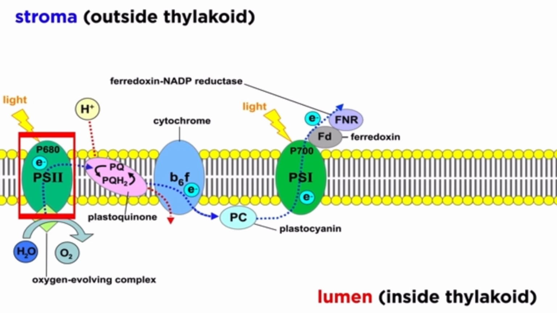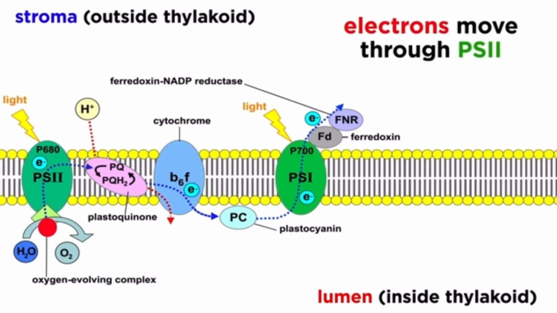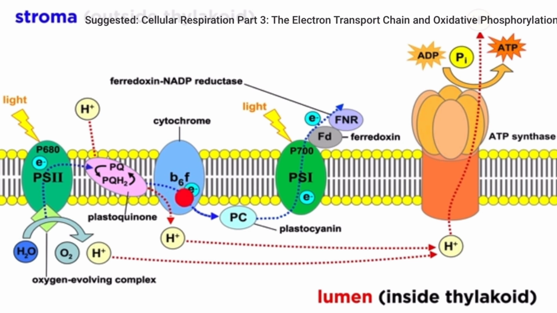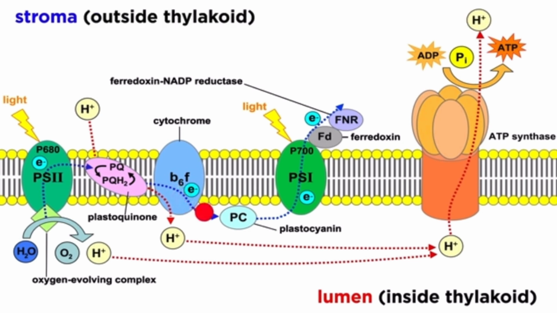These are the series of redox reactions that occur first in photosystem 2 and then in photosystem 1. If they seem like they were named backwards, it is because they were named in the order that they were discovered. In photosystem 2, electrons flow beginning with the primary electron acceptor through a series of compounds that are embedded in the thylakoid membrane, sort of like an electron transport chain from cellular respiration. ATP will be a byproduct of this process due to a proton gradient and ATP synthase, also just like